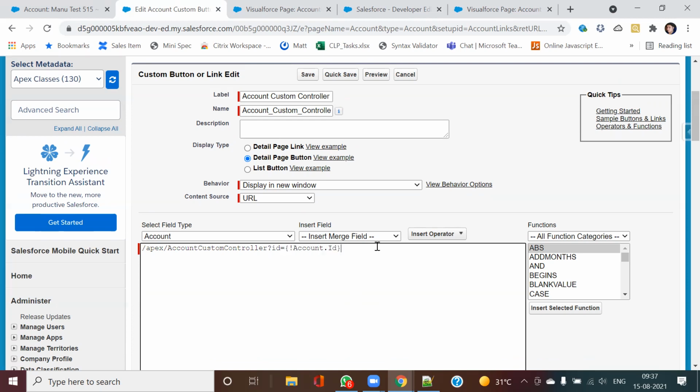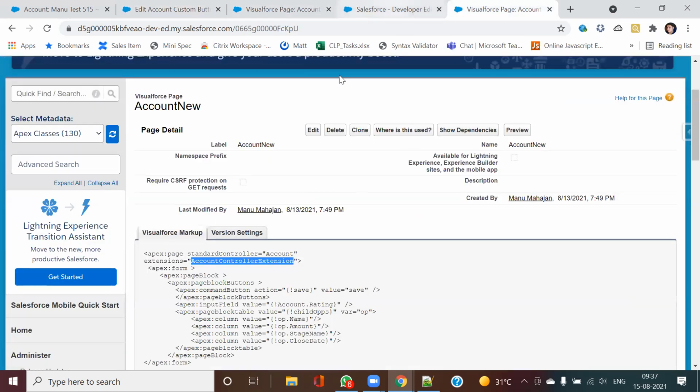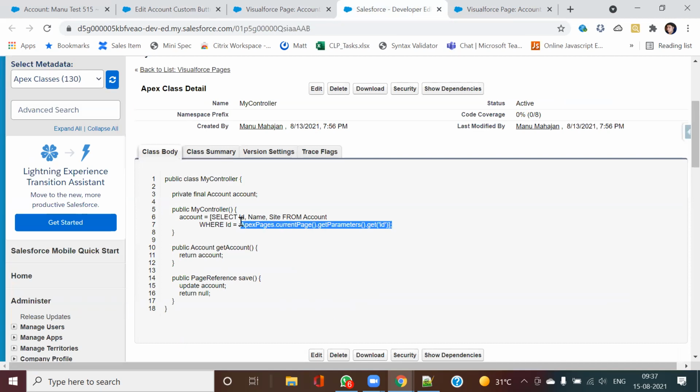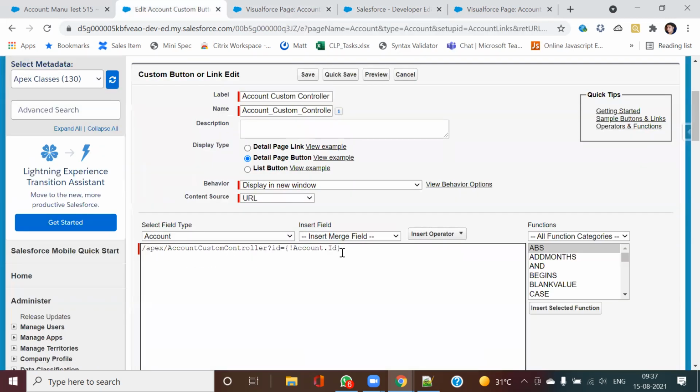And in case I need to pass some other parameters also, maybe along with the ID, that you can also pass, and those you can also access. I mean to say custom parameters. So if you see, first comes the ID, which I use. Other than that, in case I need to pass some other parameters, I could write it like this: ampersand, and there you just provide the name. Maybe name is here. That's it. And now this field, account.id, how is this coming?